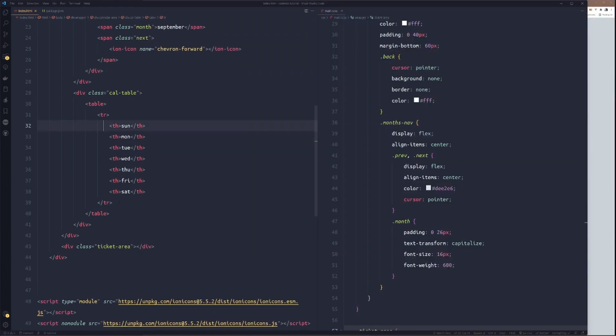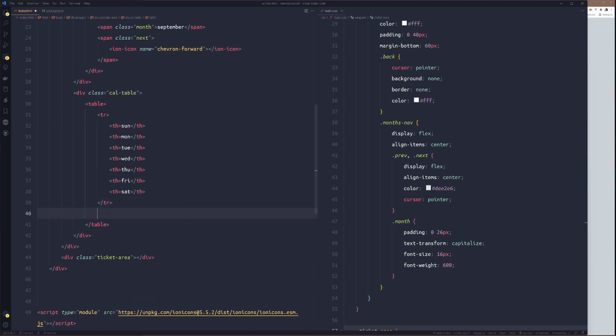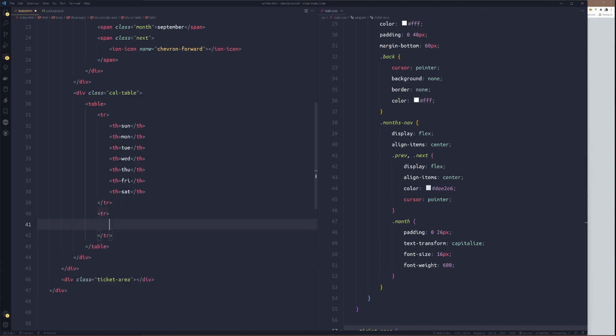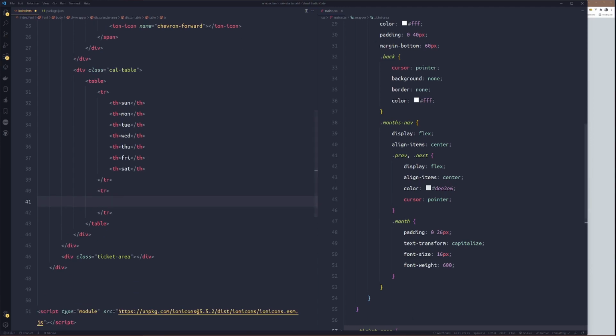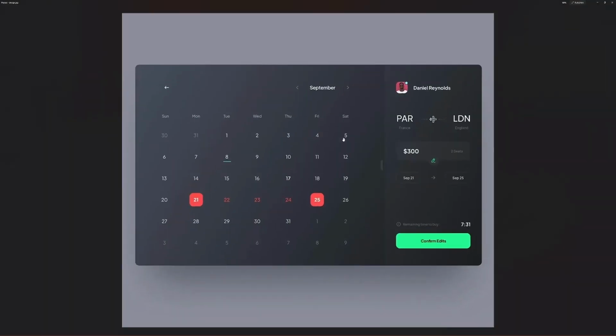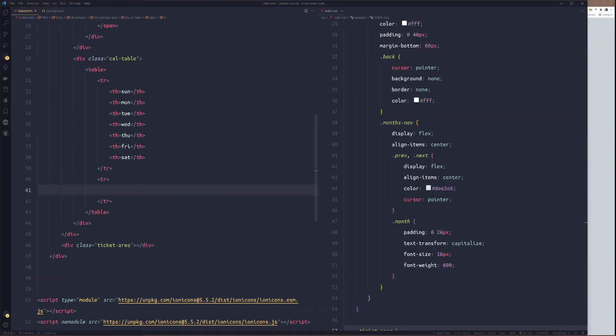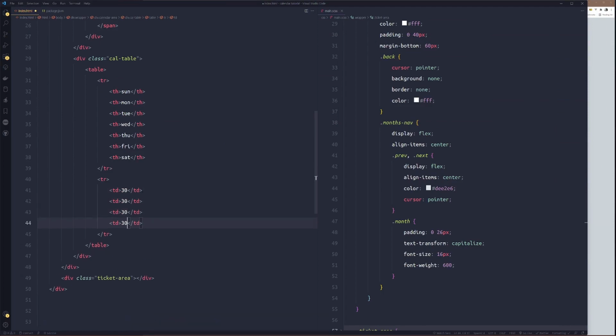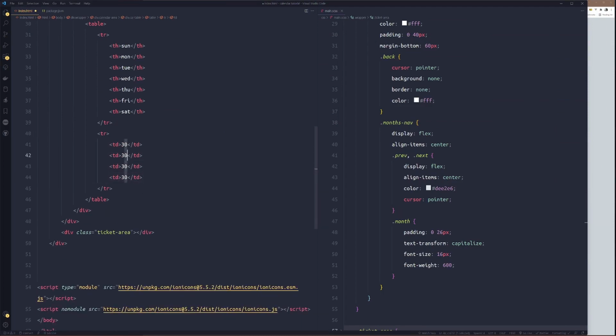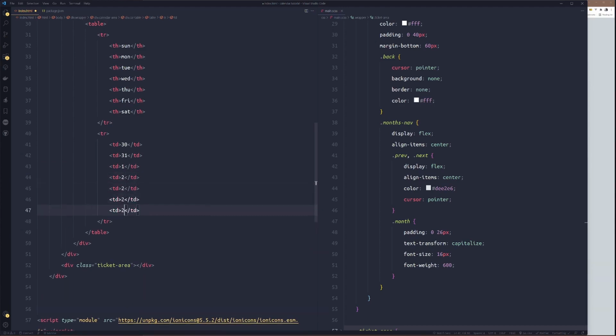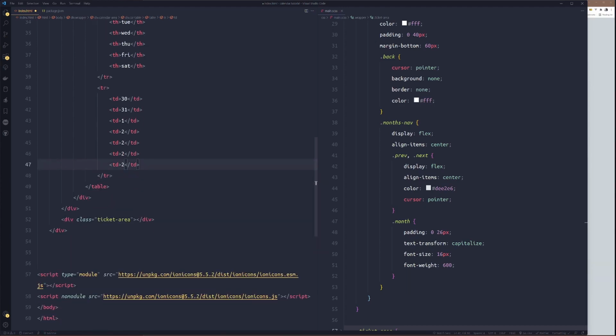So after this first row, we'll create another row. Inside this row now, we will count from 30 to this 5. Then we'll just duplicate until we get to this 9. So instead of th now for the table head, we'll use td for table data. So td 30, 31st, first, second, third, fourth, fifth, not sixth, right?